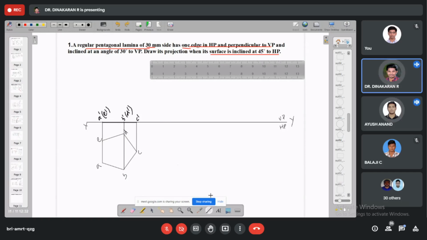Surface inclination 30 degree. We need to transfer this, first step or second step? Second step. Second step, draw a 45-degree line. Then after that, what are the dimensions there? Transfer it to the third step of 45 degree. This is the first, draw a 45-degree line. Then after that, measure it.